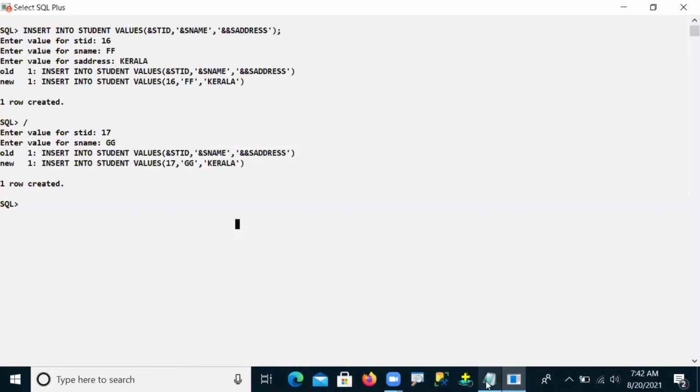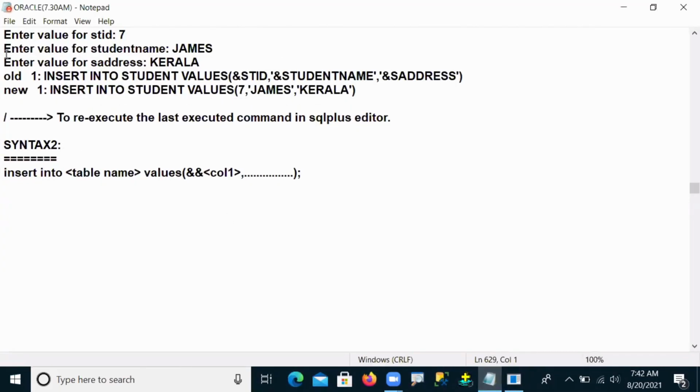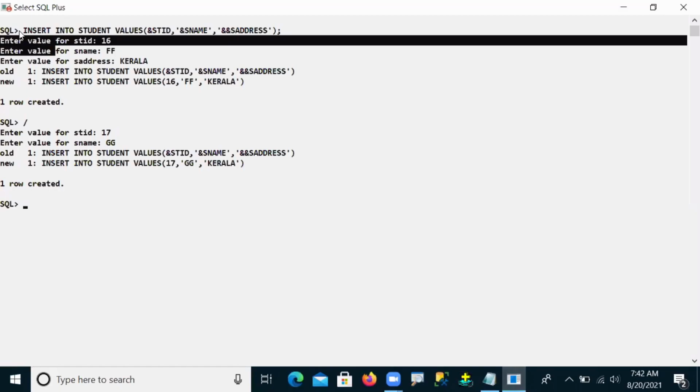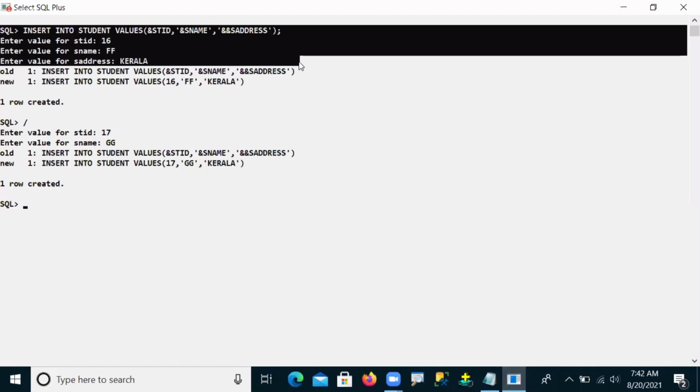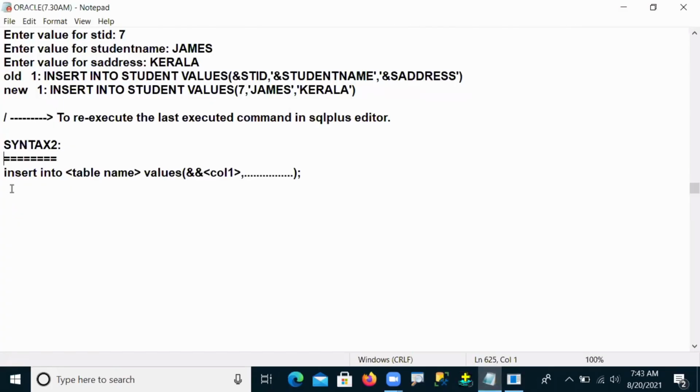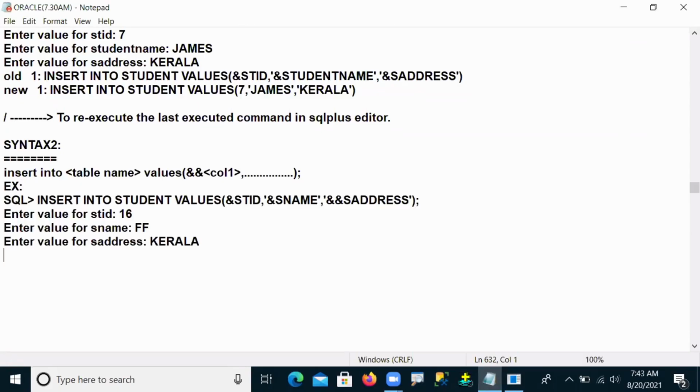Like I can give my operations now. So this is simple. Now again, this is what we call the insert command.